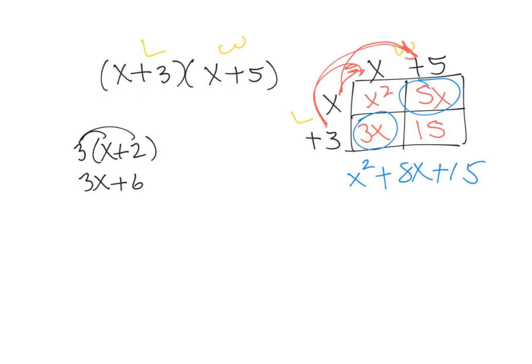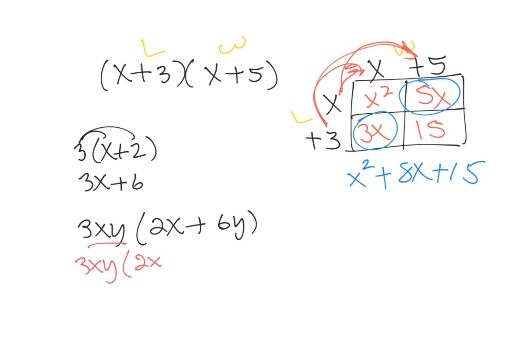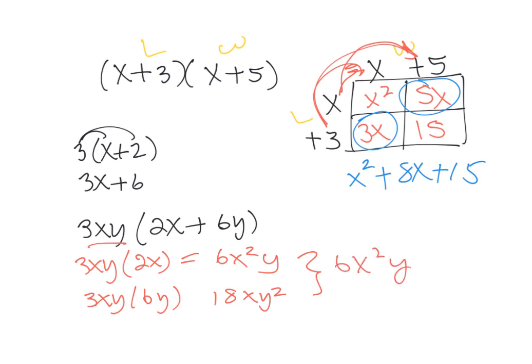Well, let's take a look at something that's a little in-depth. 3xy multiplied by 2x plus 6y. So we can do distributive property and say 3xy multiplied by 2x, and then we would have 3xy multiplied by 6y. So here you have 3 times 2 is 6, x times x is x squared, y, and then 3 times 6 is 18, xy squared. So your final answer would be 6x squared y plus